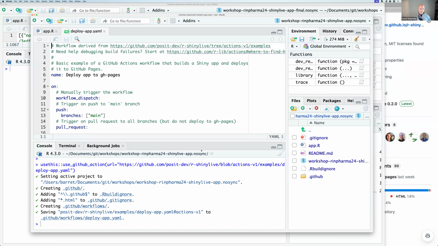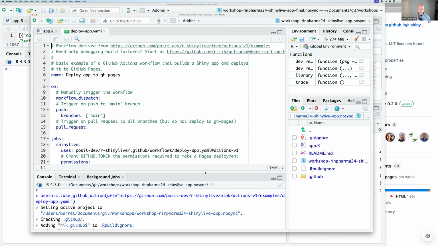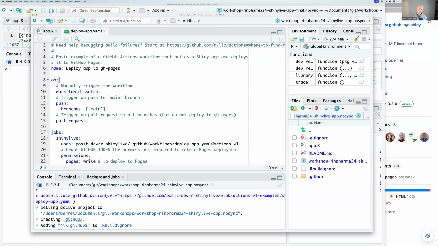All right, so let's walk through the code because I do recommend that if you're ever downloading and running something on your behalf, take a peek. Just want to make sure there's nothing funny in there. All right. So some comments, great. Name, good. This will run when I manually trigger it. So that's a workflow dispatch. So after the first run, you can then come up to it and hit the play button, and it will just redeploy again.